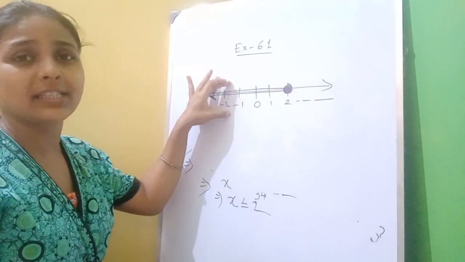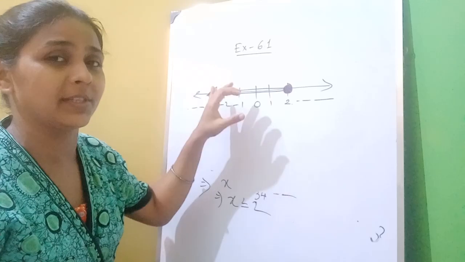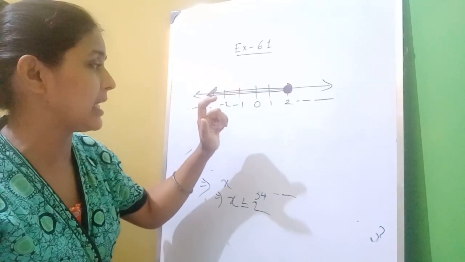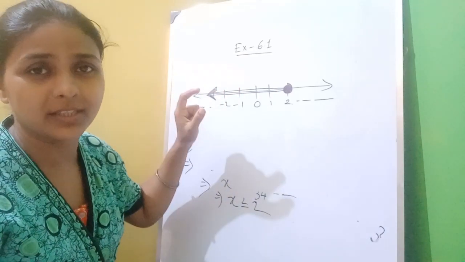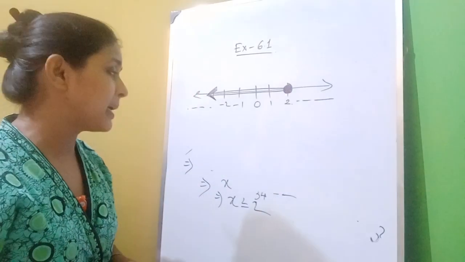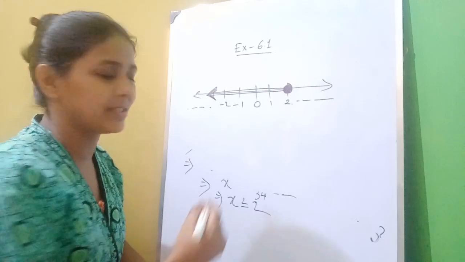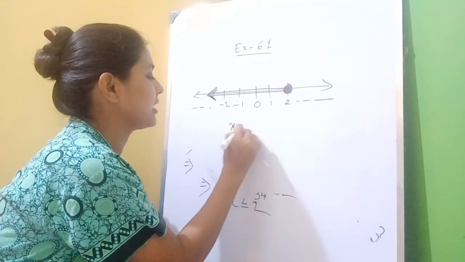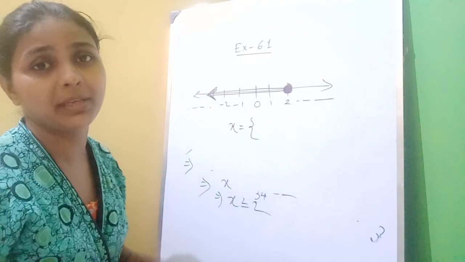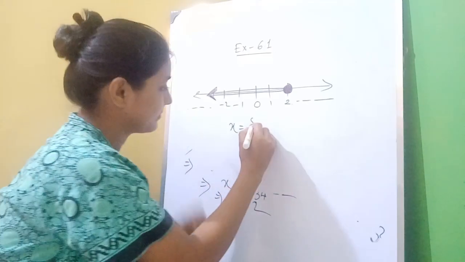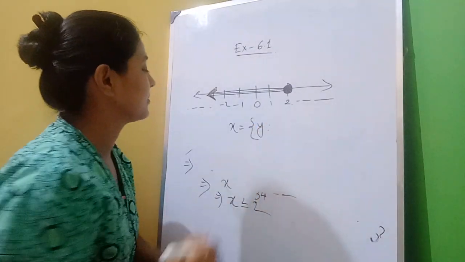So this is actually the graphical representation, or you can say pictorial representation. But you need to answer it normally in set form. So x belongs to, what can it be? y such that